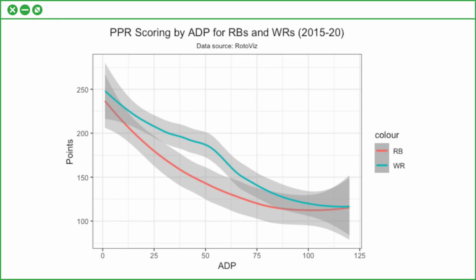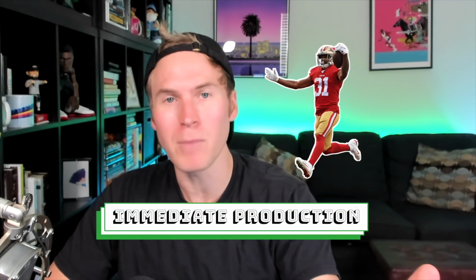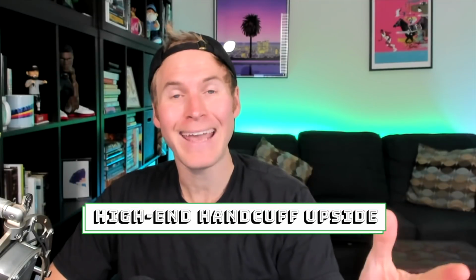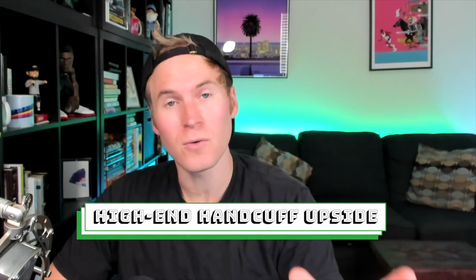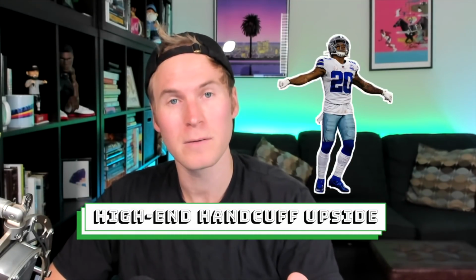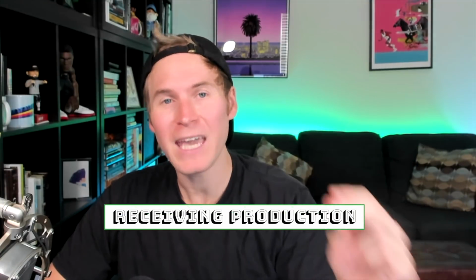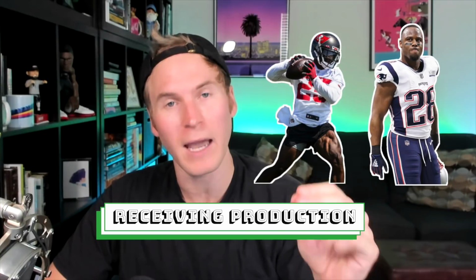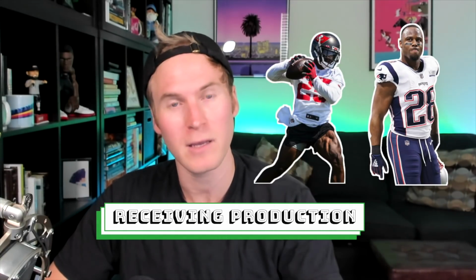Now, what kind of running backs do you take in 0 running back builds? When you make these selections, you want a mixture of the various archetypes that serve specific purposes. Immediate production, think Raheem Mostert or James Conner this year. TD equity in a good offense, think Latavius Murray. High-end handcuff upside. I love you so much, Tony Pollard. Please let this year be the year. And receiving production like Gio Bernard and yes, James White, I see you in every draft staring into my soul